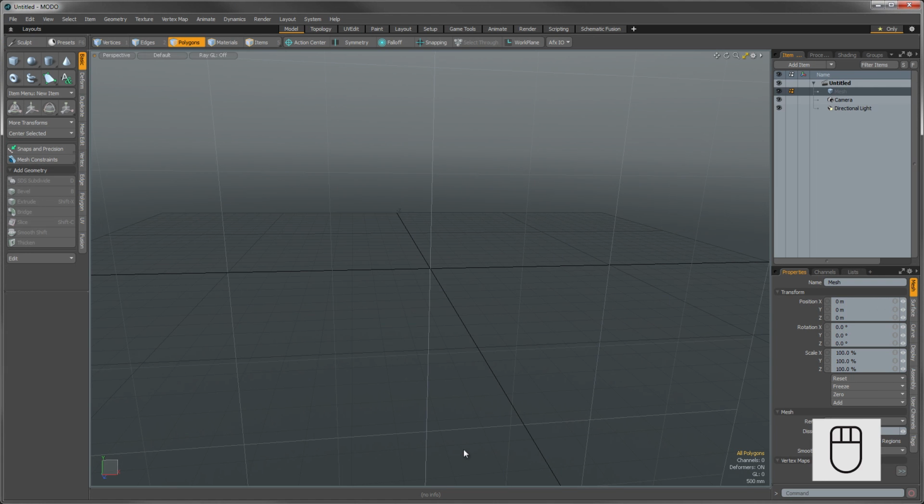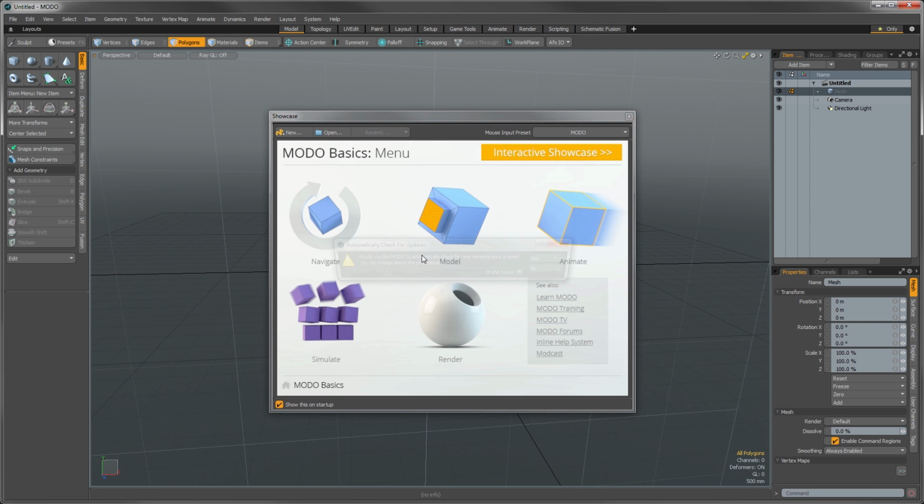Our first step is to open Modo. Like any modern application, this is done by double-clicking the icon. There are a couple other ways to start too, depending on your operating system, either from the dock or from your Start menu. If this is the first time you have opened Modo, then you'll be greeted right away by